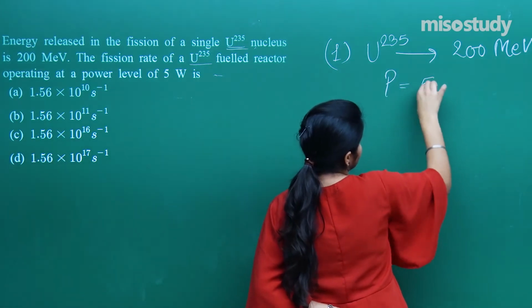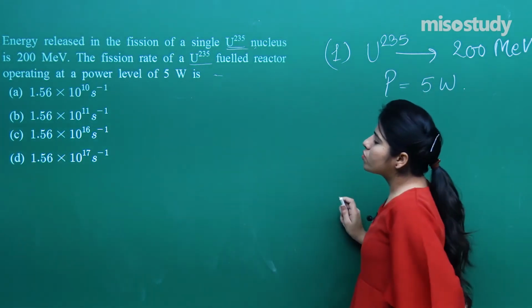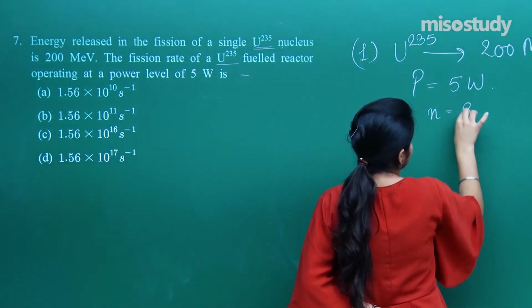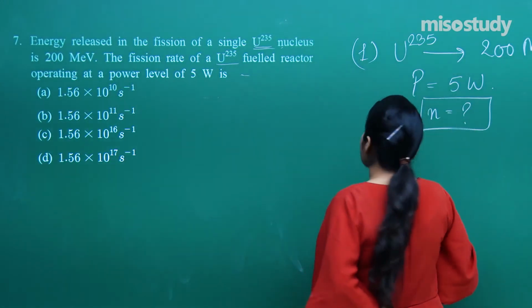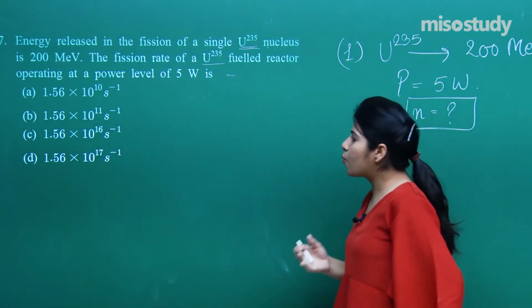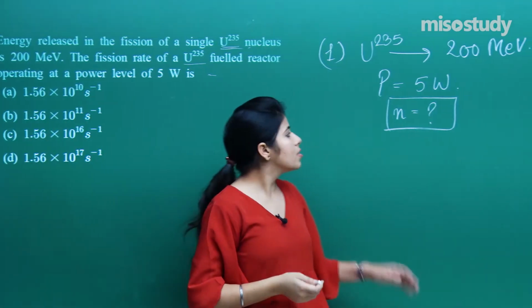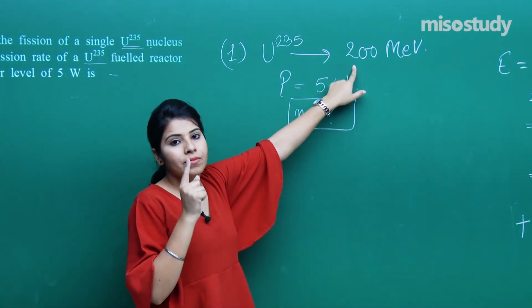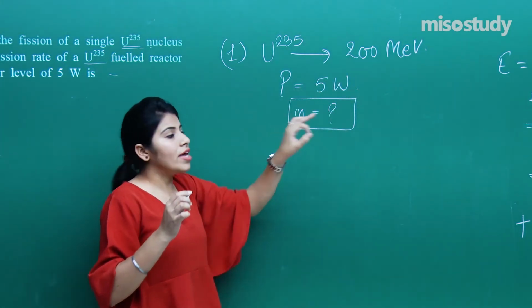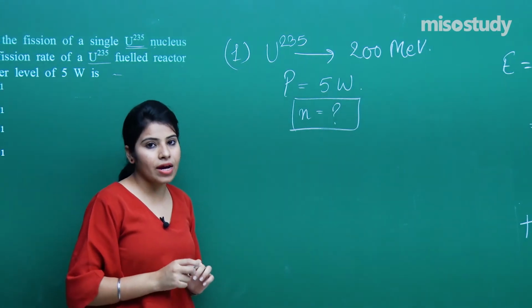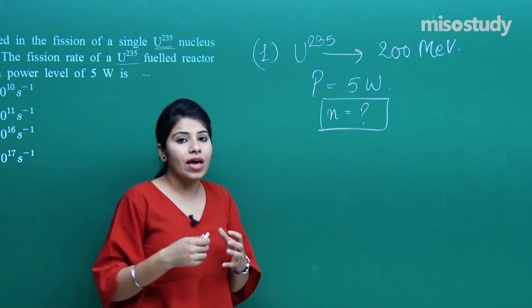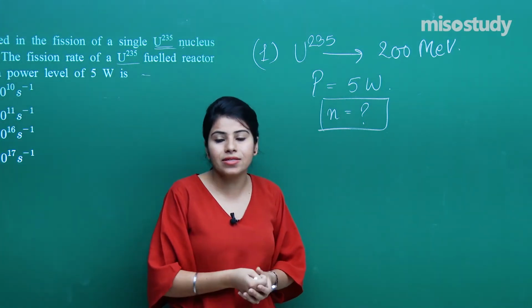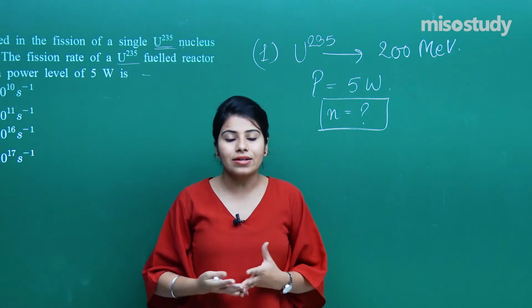Power has been given as 5 watt. Now what we have to tell is the fission rate. So basically we have to find this N. Let me tell you how we are going to proceed with the question. The energy for one uranium nucleus is given, which in this case is 200 mega electron volt. Now if I want to find the number of fissions taking place, the fission rate,